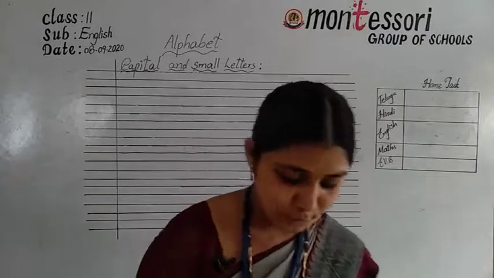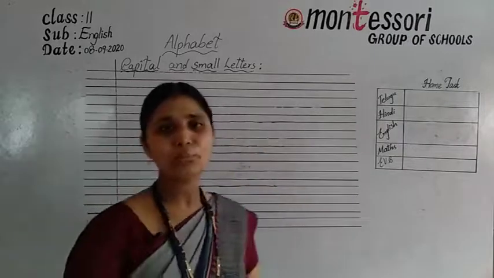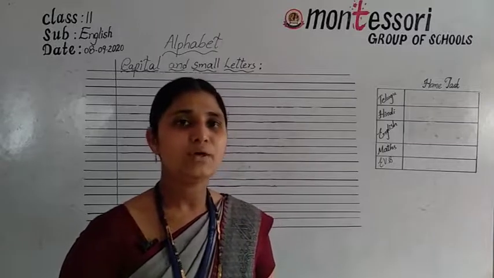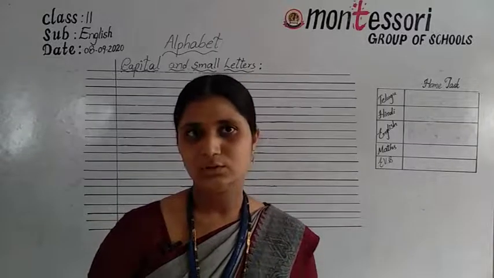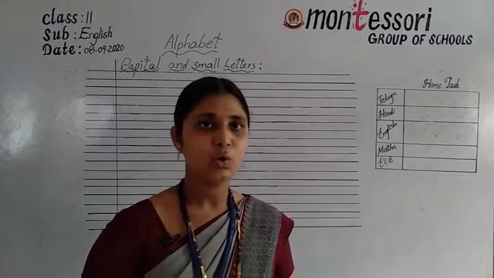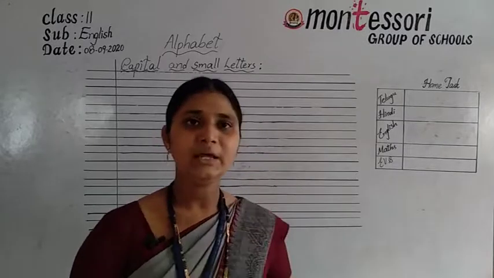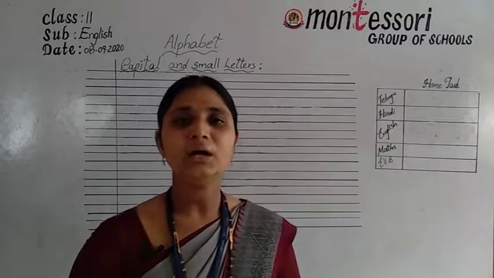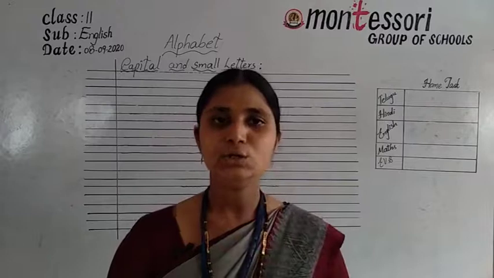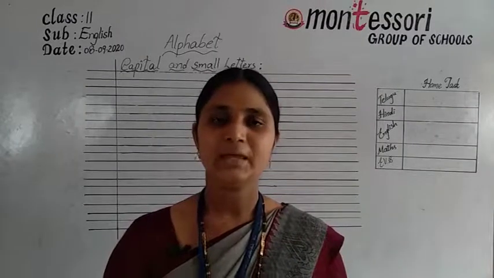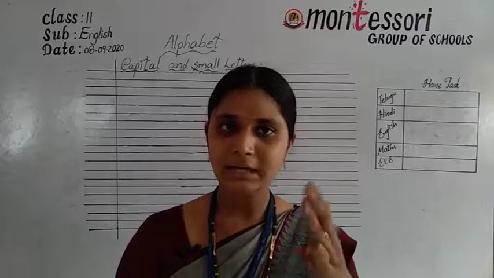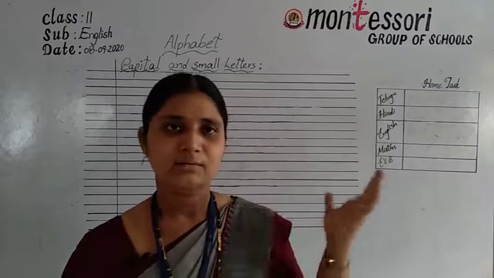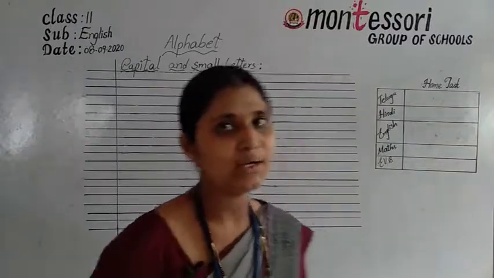I have drawn four lines on the blackboard also. I will write on the board and you have to note it down in your classwork with neat handwriting. Look at the board properly and then write. Before I start writing, every capital letter should be written in three lines. Capital letters are in three lines and small letters in two lines. Look at the board and start writing.